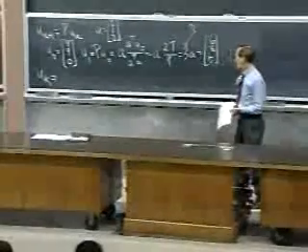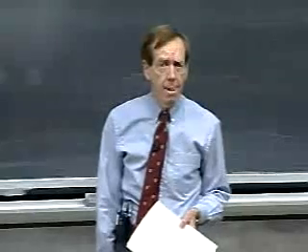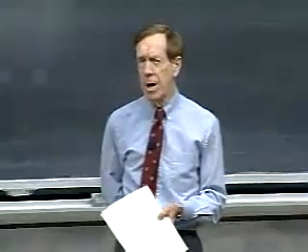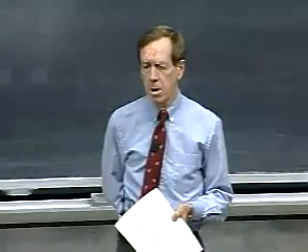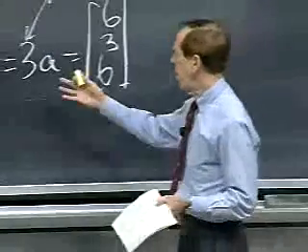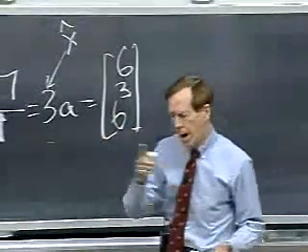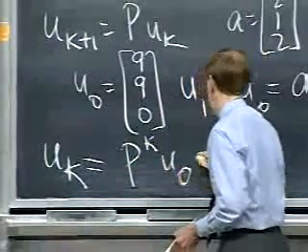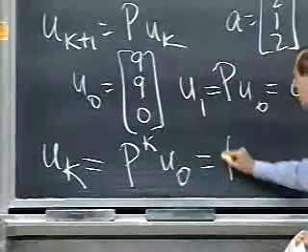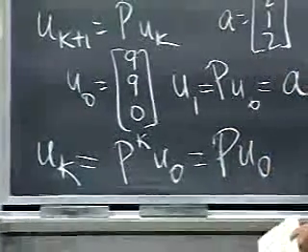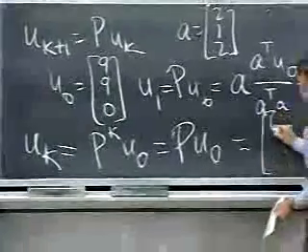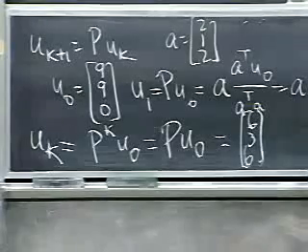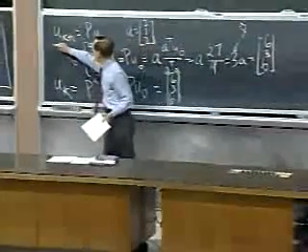Okay. Now, what's U2? Well, U2 is PU1, I agree. Do I need to compute that again? No, because once I'm already on the line through A, U_k will be, I could do the projection k times, but it's enough just to do it once. It's the same (6, 3, 6). So this is a case where I could, and actually on the quiz, if you see one of these,